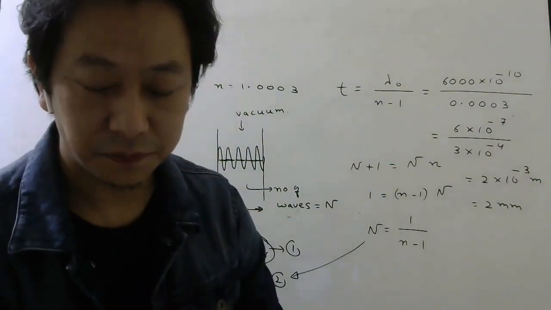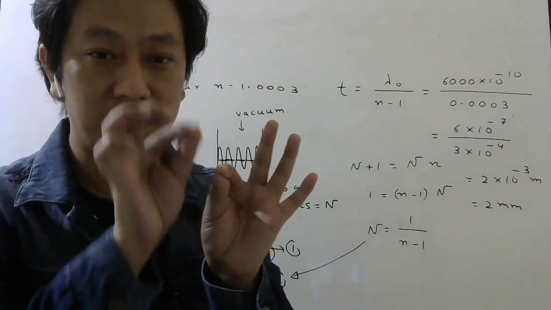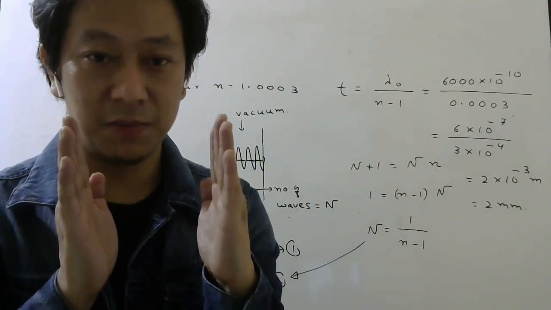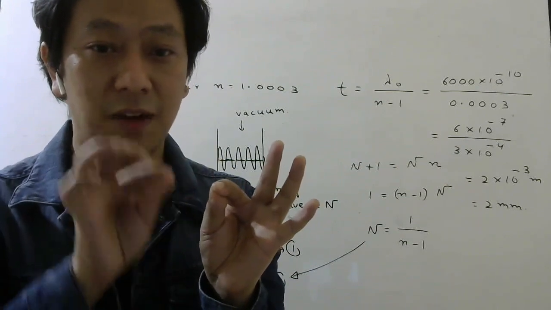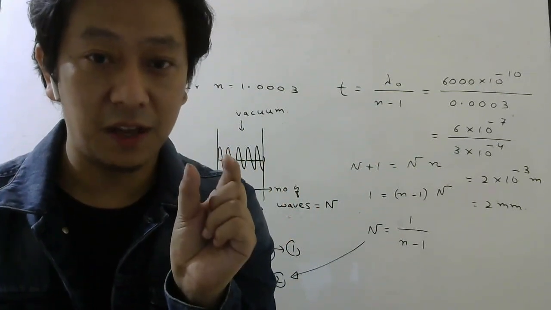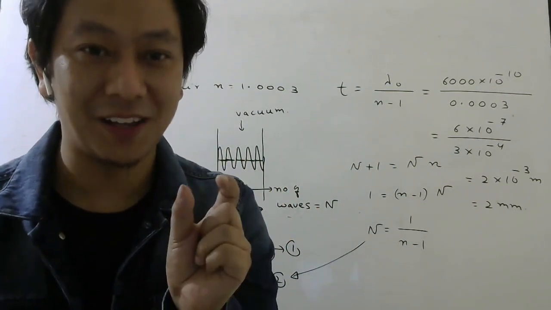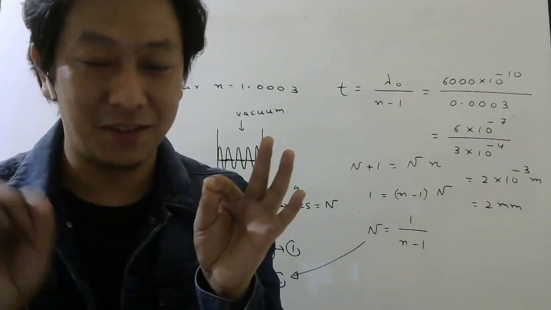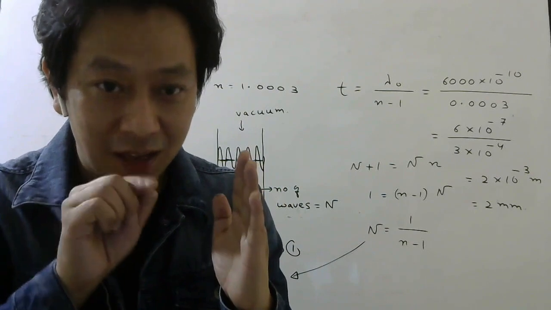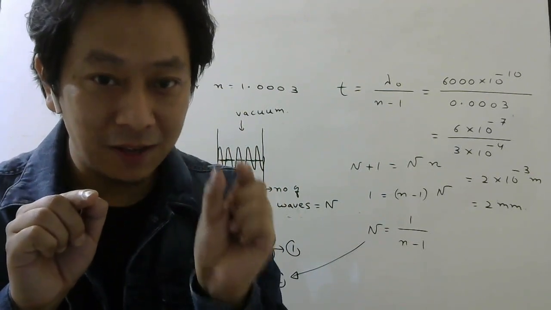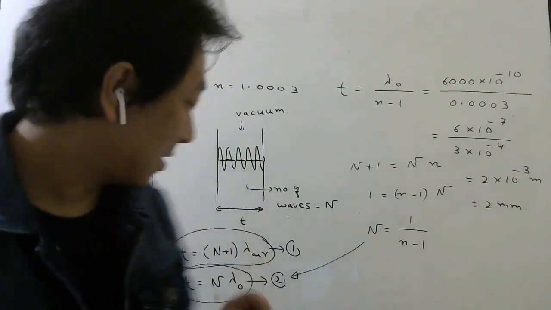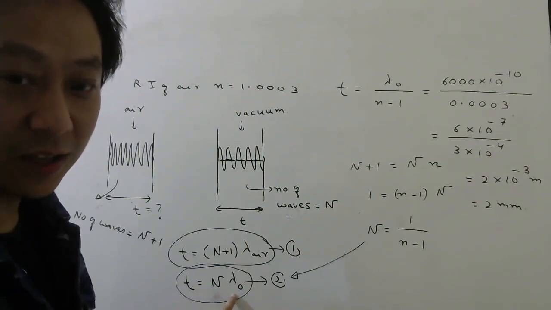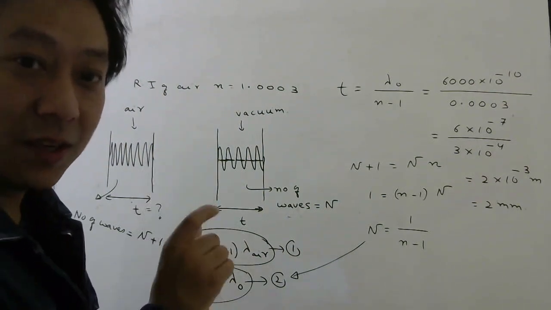See here, in vacuum, if you have some number of waves, let's say in this much thickness there are N waves. Now one wave has wavelength lambda. So in this thickness, if there are N waves, then what will be the thickness? N into the wavelength of one wave, which is lambda. So in vacuum, thickness is equal to N times wavelength in vacuum. Now, same thickness they told.